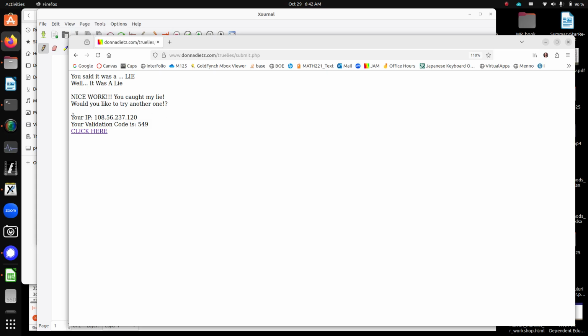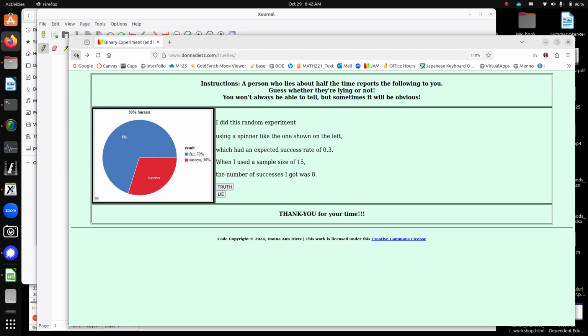And the very first time you do this experiment, write down your IP address. And anytime you substantially change where you are. If you just do this all in one sitting, you can just write down your IP once, but if you have to stop and start again, write down your IP address and the date at which you're doing this and your validation code for all the ones you're recording. If you're just doing it for fun and you're not doing it as part of the lab, then you don't have to record that. But when you start actually doing your lab,